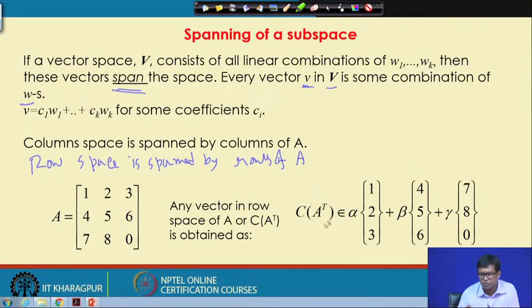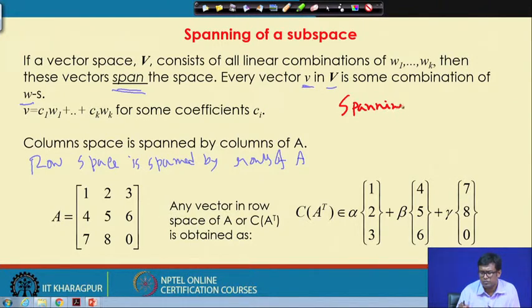So, we look into the row space of A, which is the linear combination of the rows of A. If we make any arbitrary choice of alpha, beta and gamma, we should get one vector lying in the row space. So, when we looked into the null space, this is important: